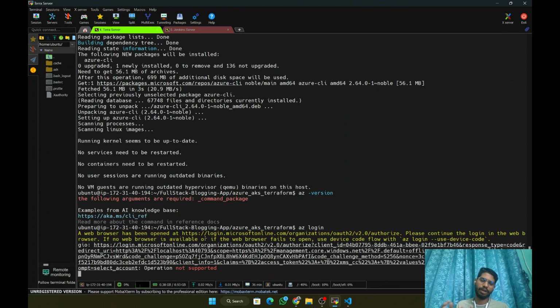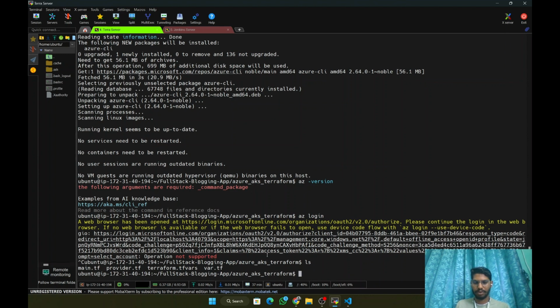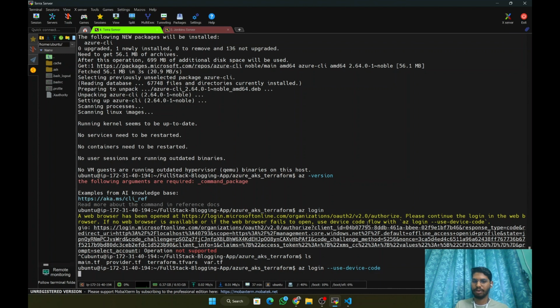I have to go in any browser and log into the Azure server, I mean the Azure console. But I can use az login with device code. You can see what I want to say. So Azure login use device code. If I do this,